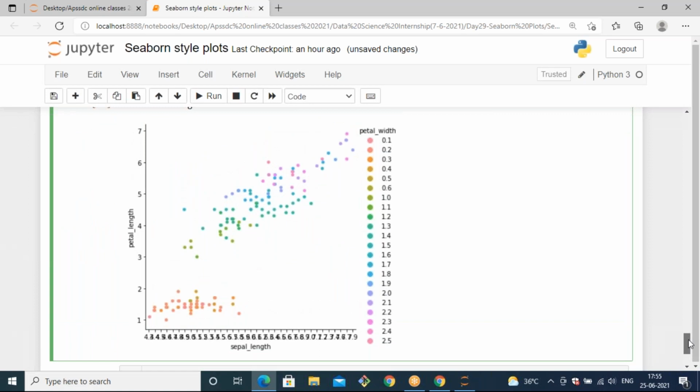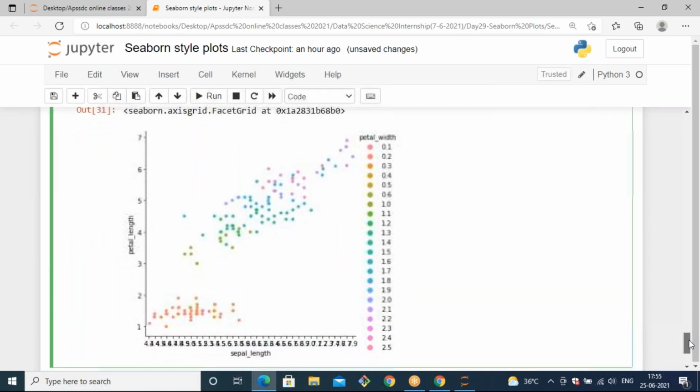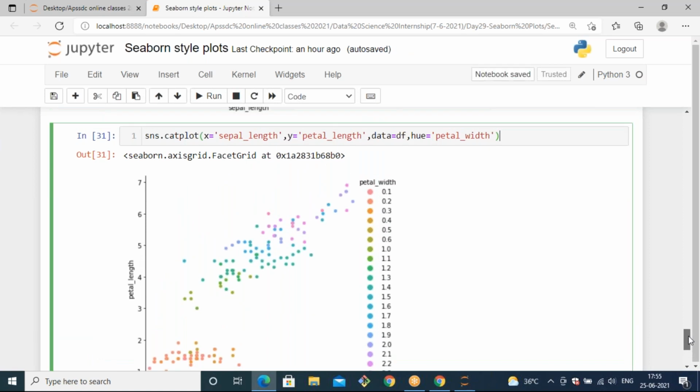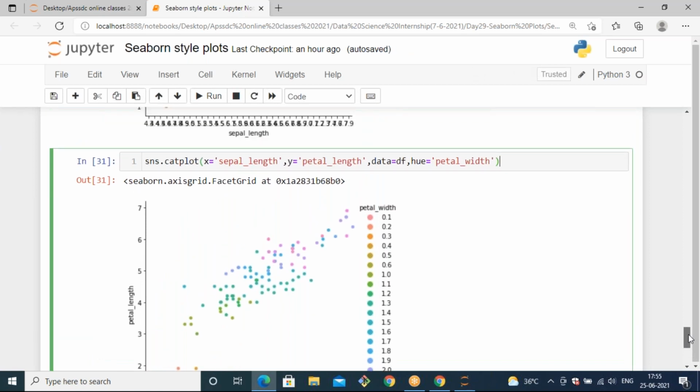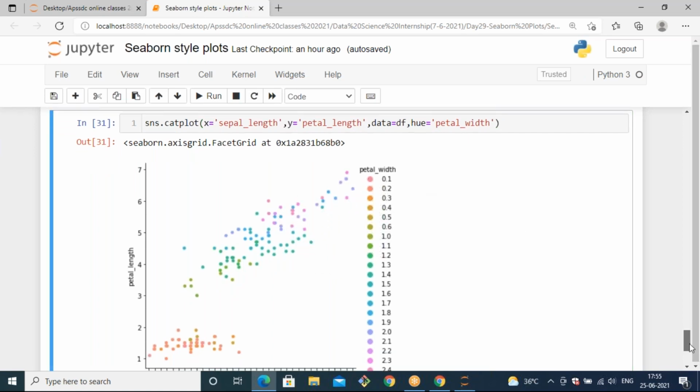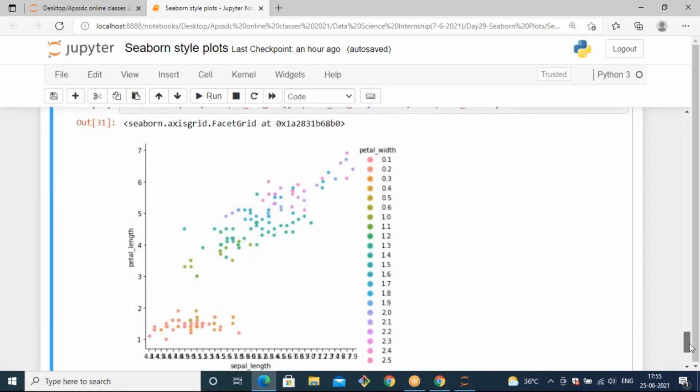Here you will not get 150 colors, because if a value is repeated, there is no need to generate a new color. If the values are similar, it will generate colors with similar ranges. Based on those values, it will group the objects into Setosa, versicolor, and virginica.